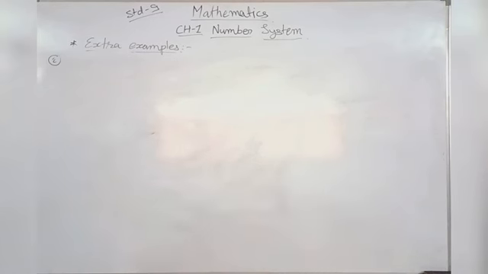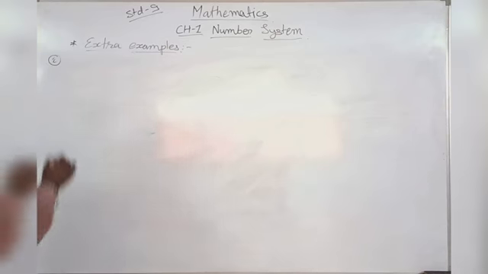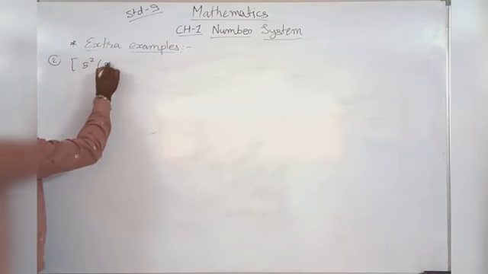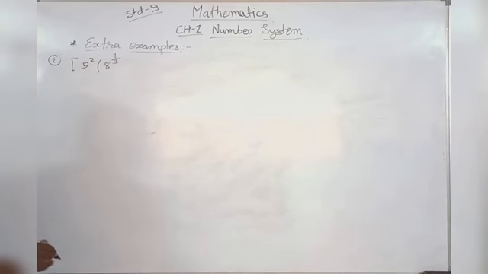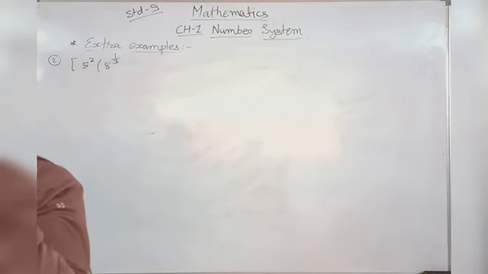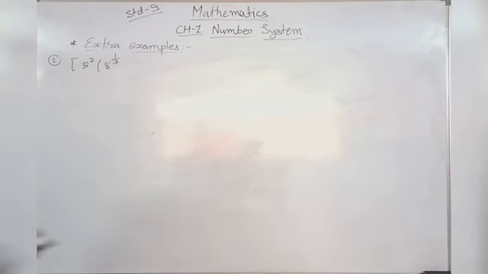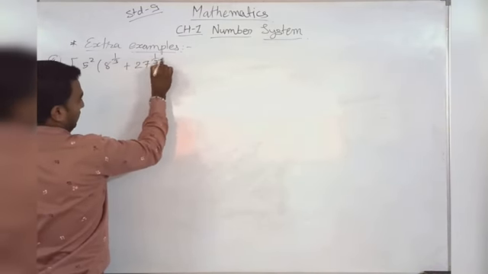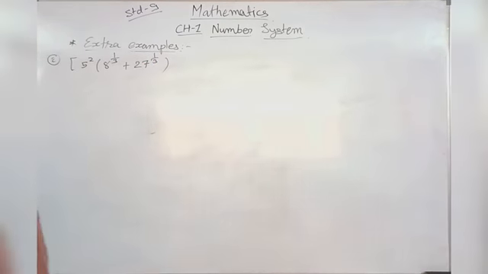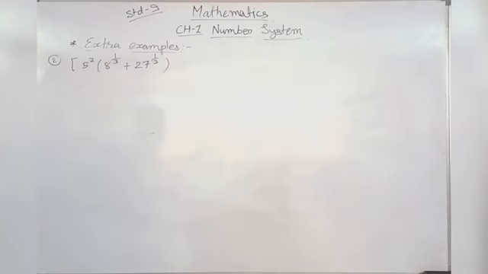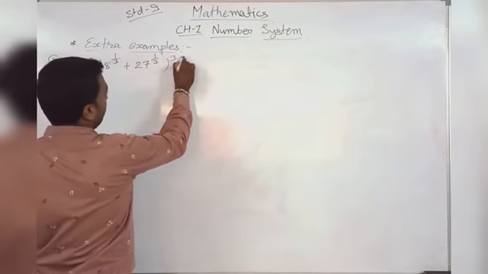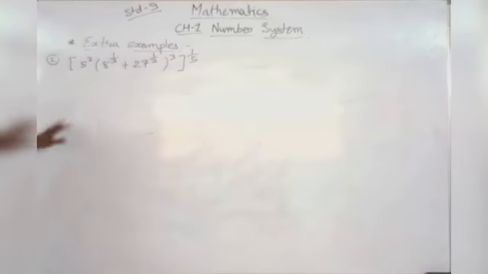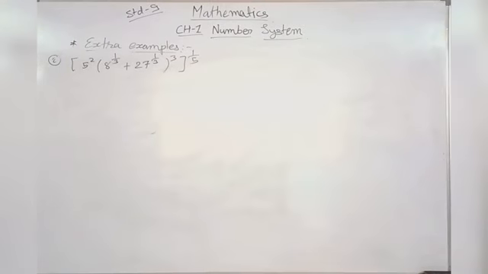Question number 2 is 5 squared times the cube root of 8, that is 8 raised to 1 upon 3, plus 27 raised to 1 upon 3, then its power 3, and its whole power is 1 upon 5. This type of sum we can calculate with the help of